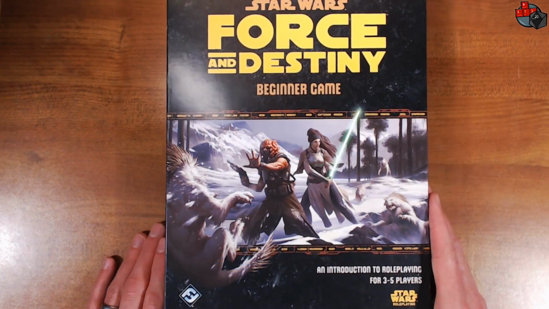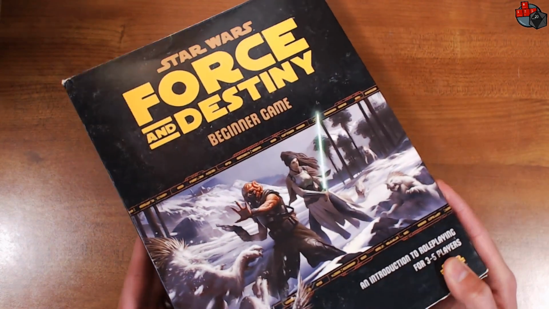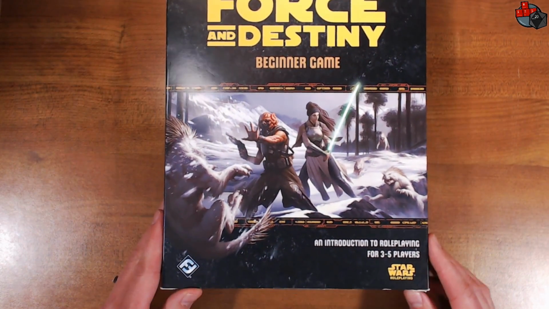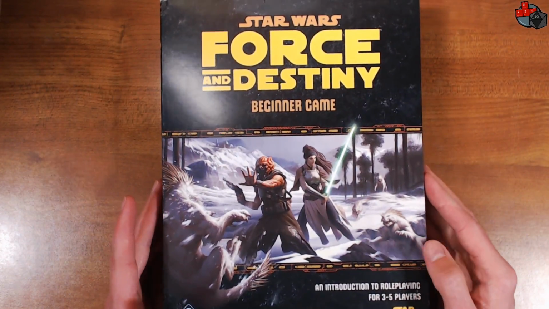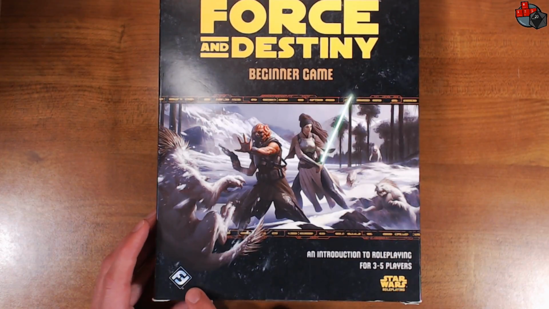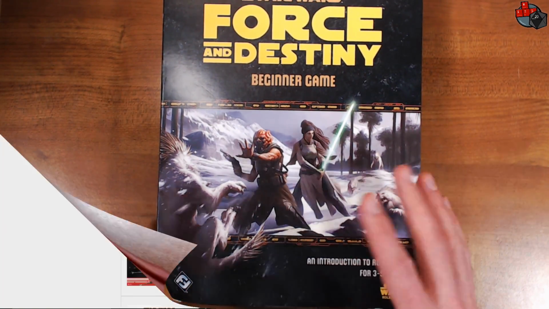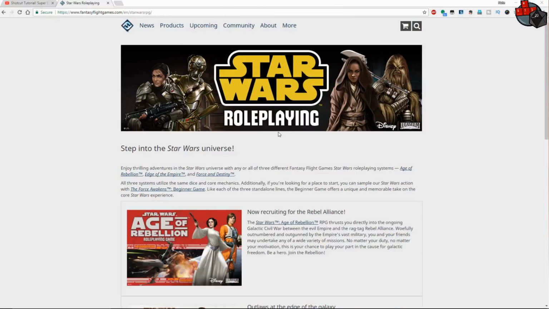So here we have it. This is the Star Wars Force and Destiny beginner game. This is a box set that does not include the full rule set, but it's enough to get you started and keep you going for a little while at least. If you don't already know, this is by Fantasy Flight Games, and they have a series of Star Wars rule sets that are all based on the same core mechanics, but they each do have some of their own system-specific